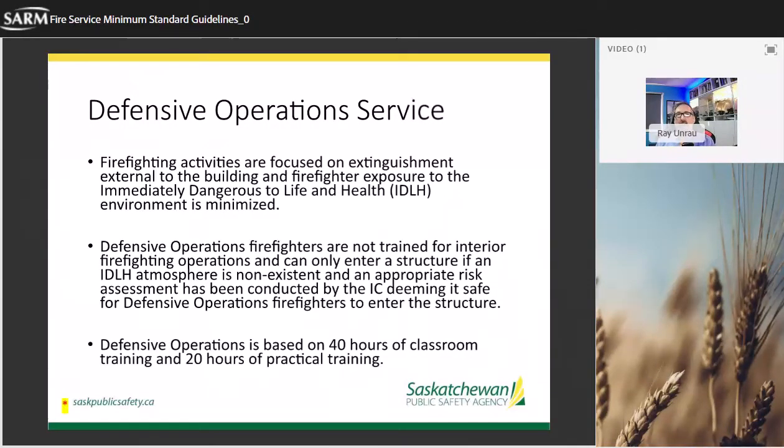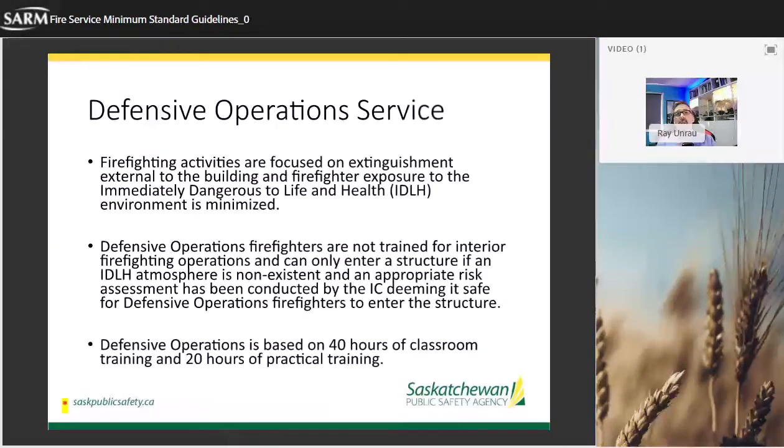But the most important piece of this slide in my mind is the fact that defensive level operations, number one, have existed in this province for a number of years now. In fact, we've taken the training recommendations for the defensive level from existing documents, I think it was called firefighter endorsement. It's been printed and approved by the government of Saskatchewan. It identifies 60 hours of specific training, 40 hours of classroom training, and then 20 hours of field training or drill. So this is nothing new. We're not introducing anything new in the province of Saskatchewan. We're just trying to define and wrap things up into